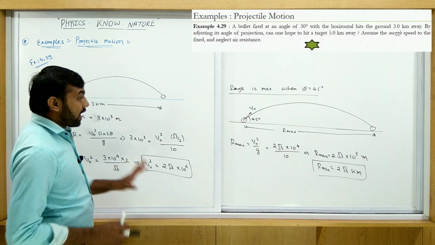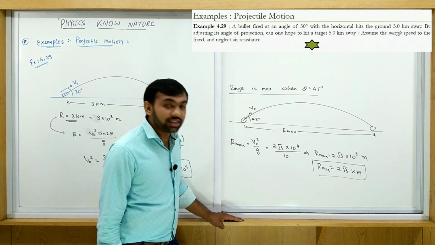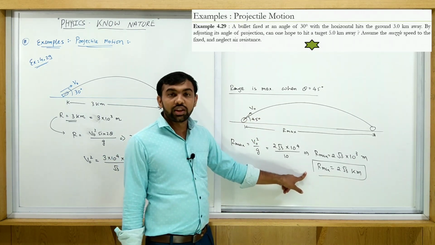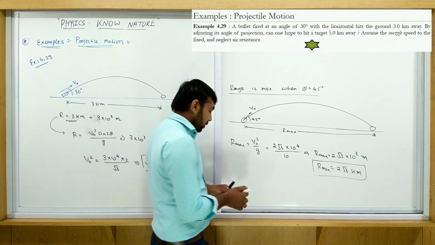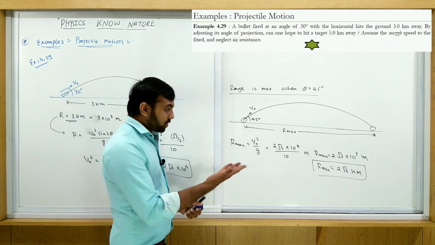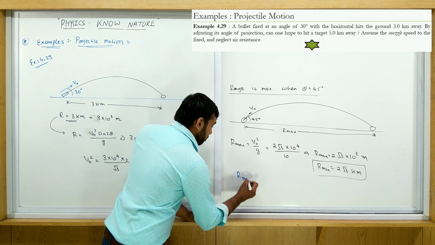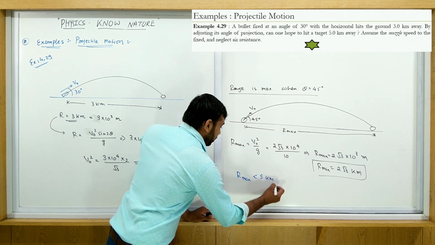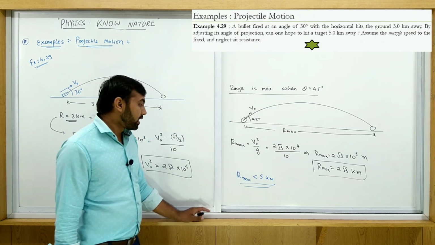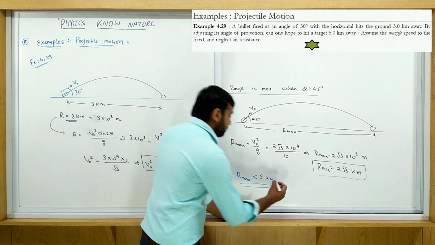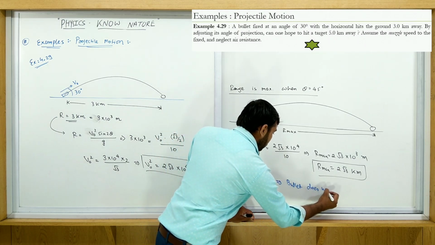सिंपल है। तो now you want to hit the target at 5 kilometer away. Now you just see it is greater than 5 or less than 5. If it is greater than 5 then it is possible. If it is less than 5 then it is not possible. So आप ये फाइंड करो। तो इसका आंसर 2√3 का आंसर लेस देन 5 आएगा। तो R max is less than 5 किलोमीटर। So R max less than 5 किलोमीटर, it means bullet does not hit the target.